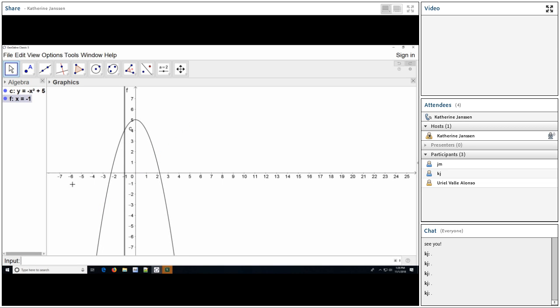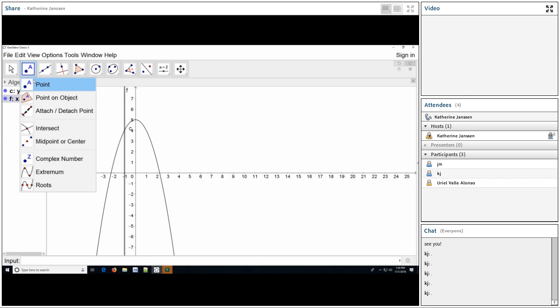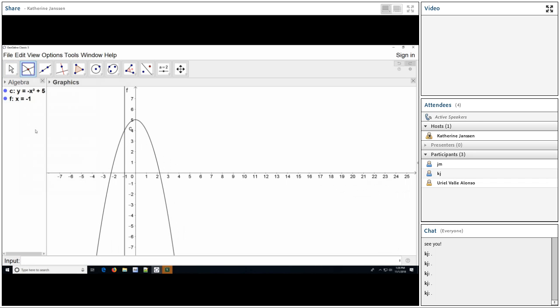Now I'm interested in that exact point where these two objects intersect. So I'm going to pull down my point button to intersect. I'm pointing and clicking on this object and this object. And it will create for me a point labeled. And in the algebra window,